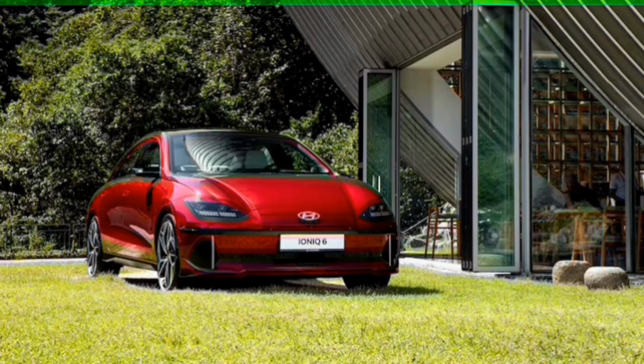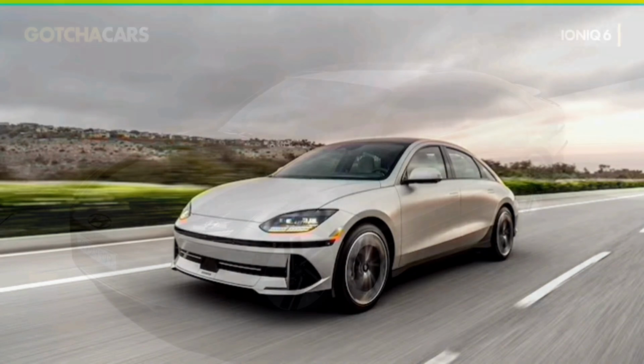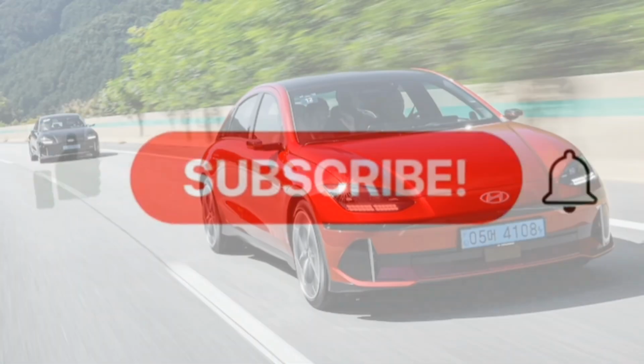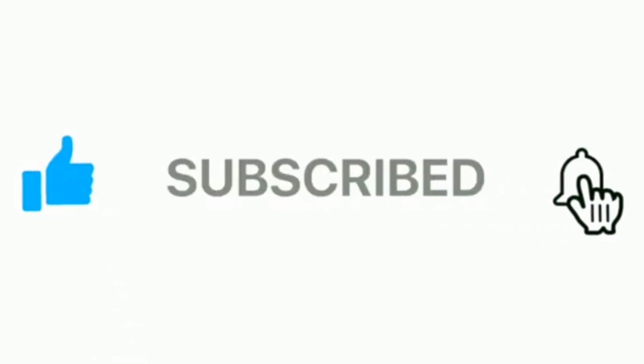For those who only want the top of the line, there's the Ioniq 6 Limited AWD dual motor, which has 320 horsepower, 270 miles of range, and starts at $57,215, slightly more than a Tesla Model 3 Performance, which is far more powerful and capable of a claimed 315 miles per charge. Across the board,